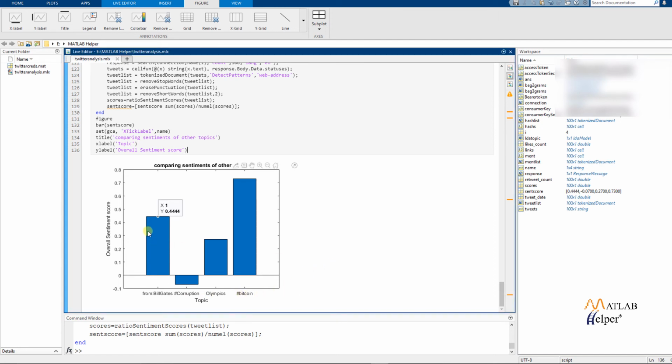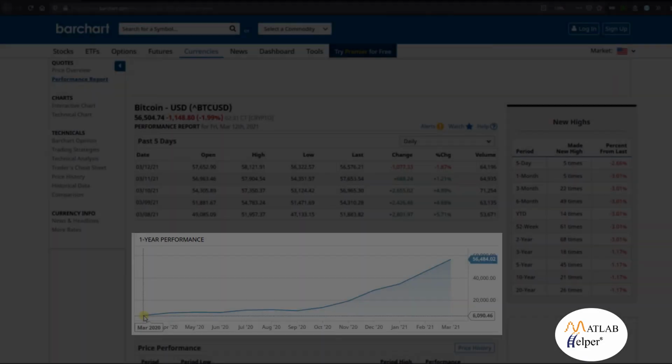As we can see from the graph, tweets from Bill Gates have an overall positive sentiment score of around 0.45. Also, tweets with hashtag corruption have an overall negative sentiment score as expected. Tweets containing the text Olympics also seem to have a positive sentiment score of around 0.27. And lastly, we see that tweets with the hashtag Bitcoin have an extremely high positive sentiment score of 0.73, which